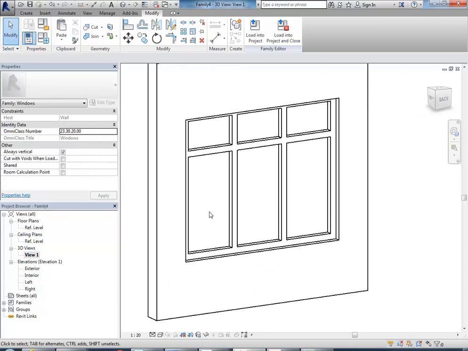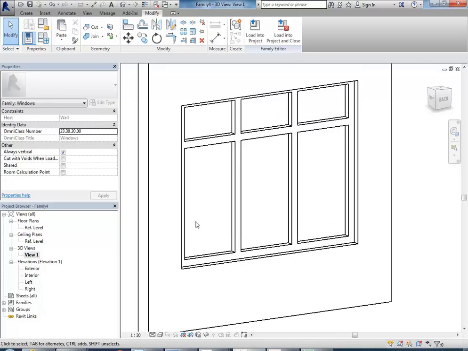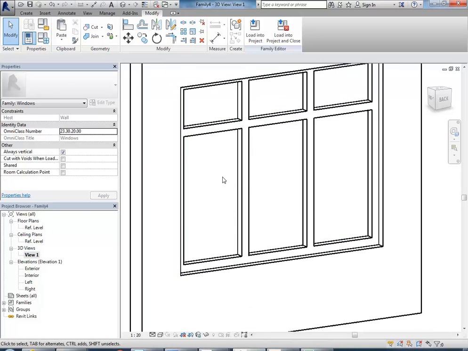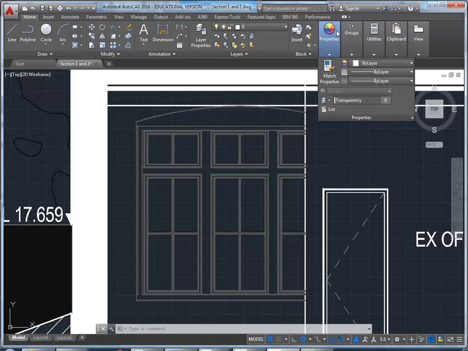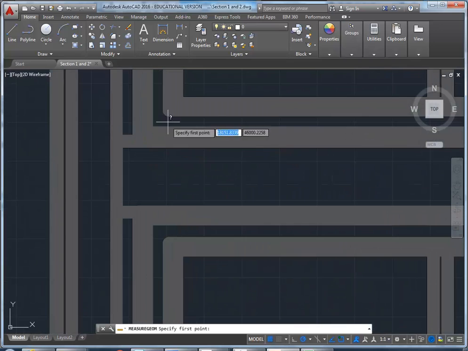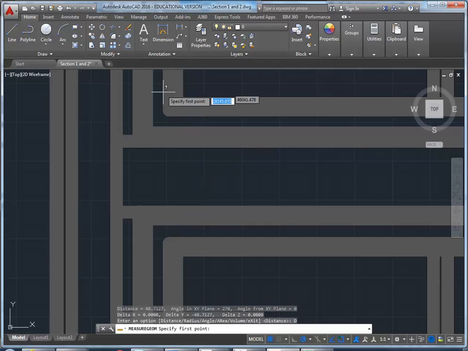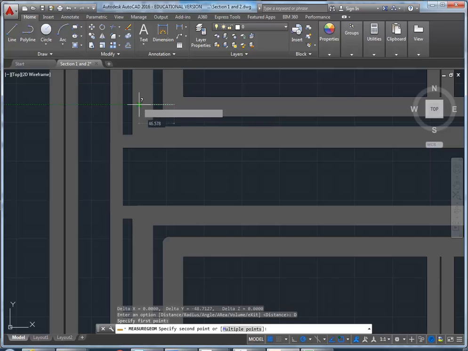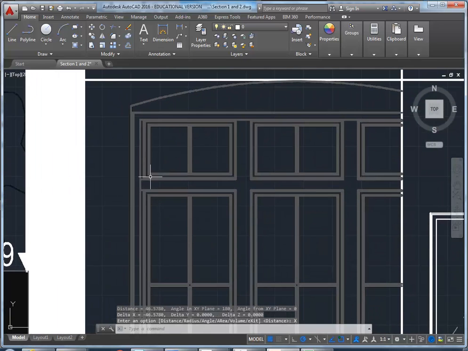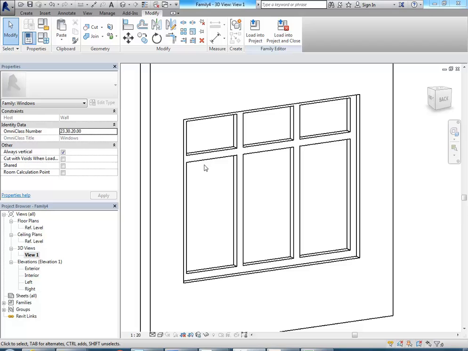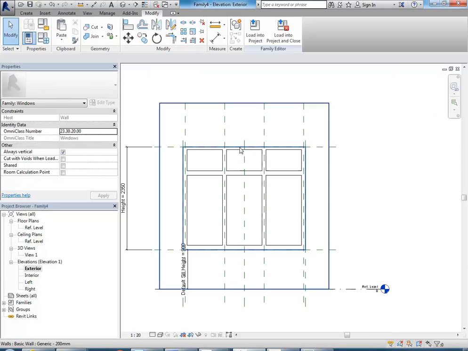Okay, so we've got the outer frame done, and then the sash elements will take less time because we can do them based on what's already been made. So the upper sash is probably the easiest. You've got the, again, using the measure tool, yeah, 40 mils pretty typical, sometimes 50. You can see the people who drew this weren't that fussy, so I'm going to say 40 because it'll just look a bit nicer. And then in exterior view,